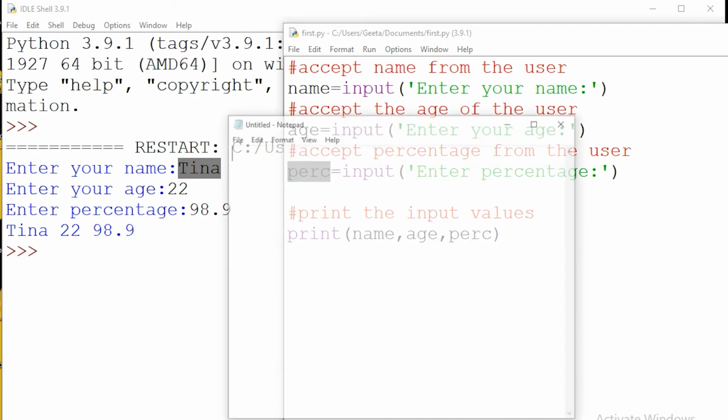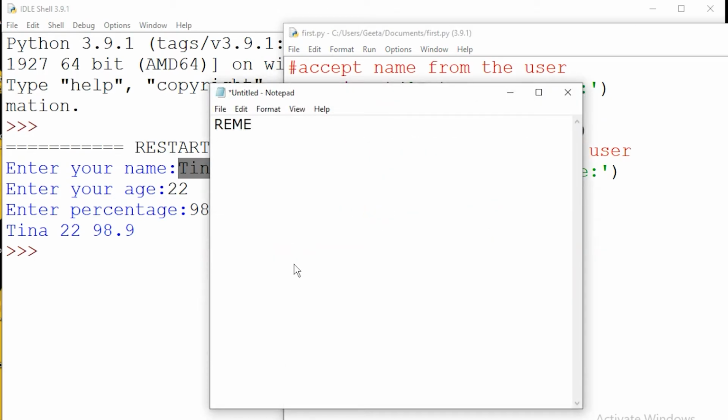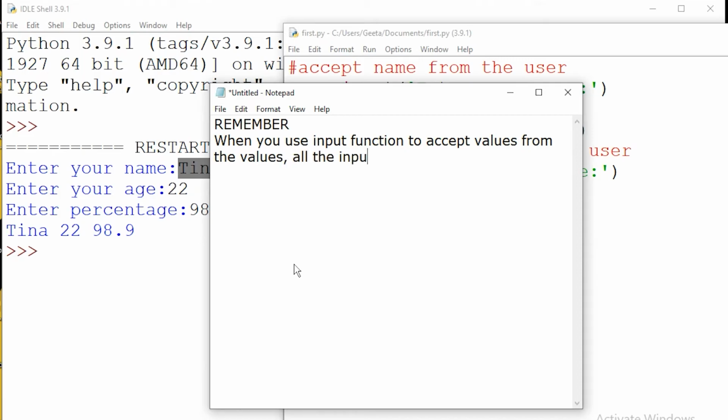But we need to remember one thing. When you use the input function to accept values from the user, all the input values are returned by the input function and get stored in variables as string values.